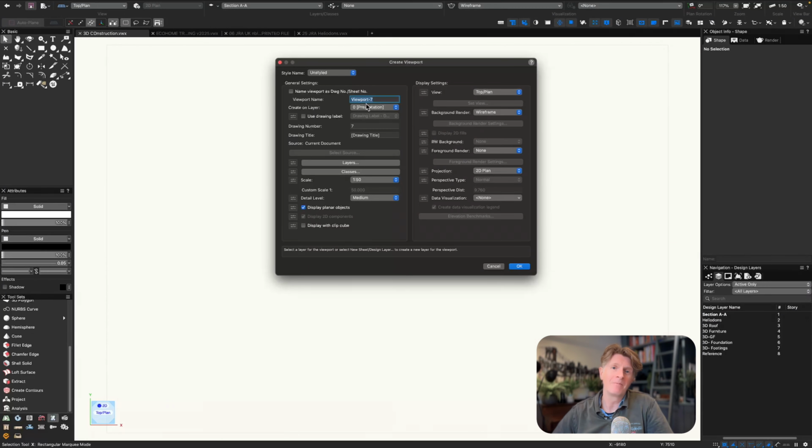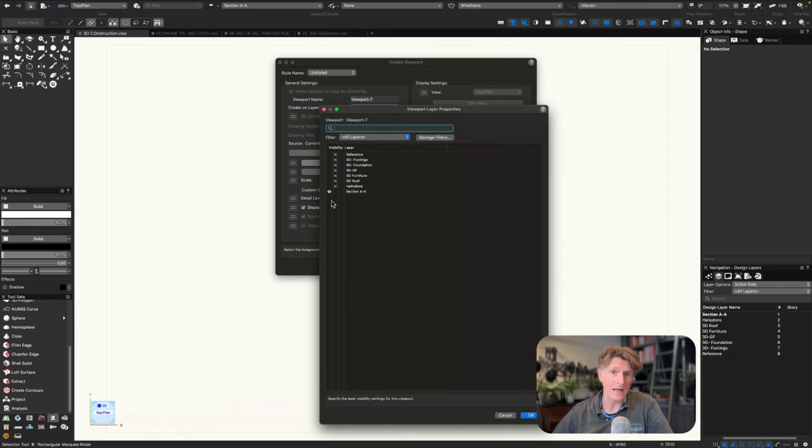Okay, so I'm just having a bit of fun here. I'm going to go through now and create some rather detailed sections. So I really want to put these on a separate sheet there. And actually what I'm doing here is creating a design layer viewport first, and you'll see how this works, because using design layer viewports is an amazing technique, because now I can essentially just mirror across the whole of that section once again. In the second bit, I'm just going to use my visibility tool just to